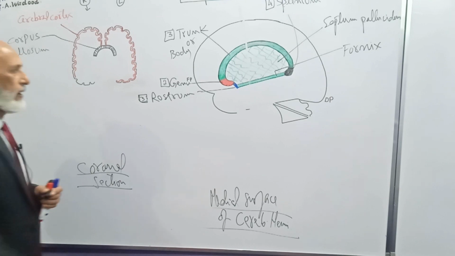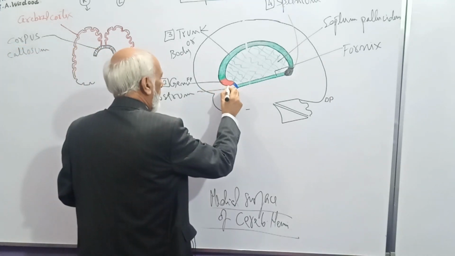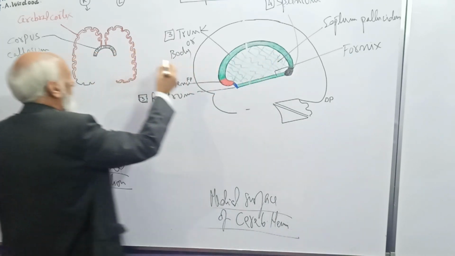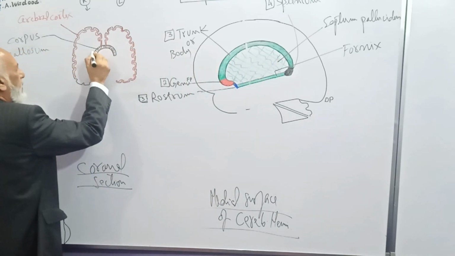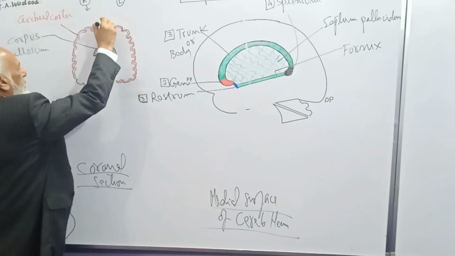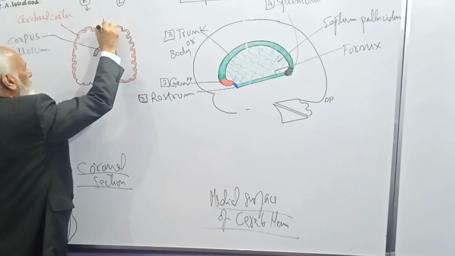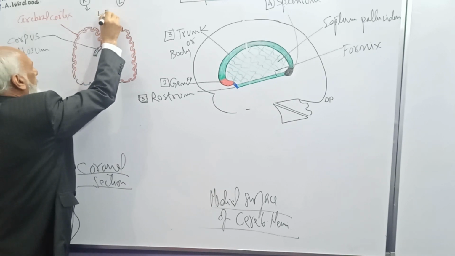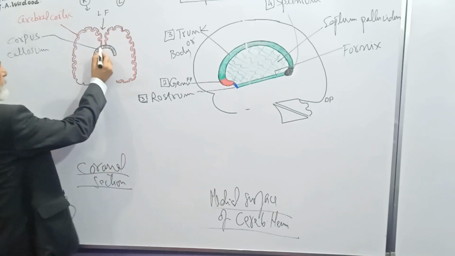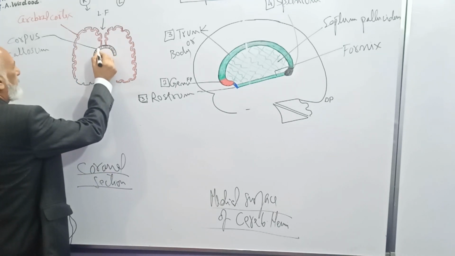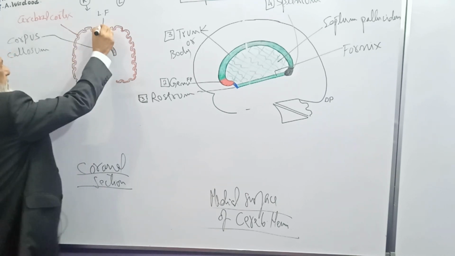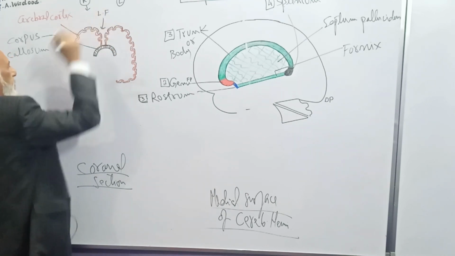Cut section. Now can you see the corpus callosum has an outer surface and an inner surface. Here again you can see this is the outer surface of the corpus callosum and this is the inner surface. And you know this is the longitudinal fissure, partially separating the right and left cerebral hemispheres. Therefore, the outer surface of the corpus callosum in the midline forms the floor of the longitudinal fissure.